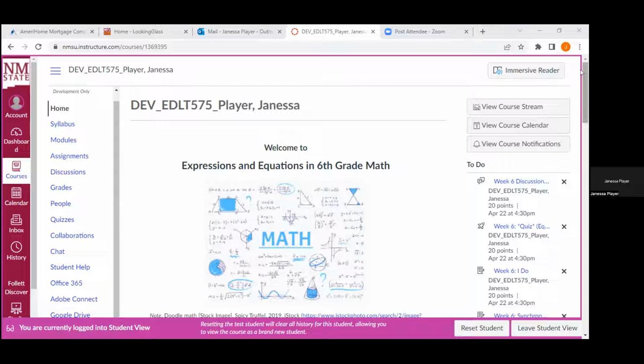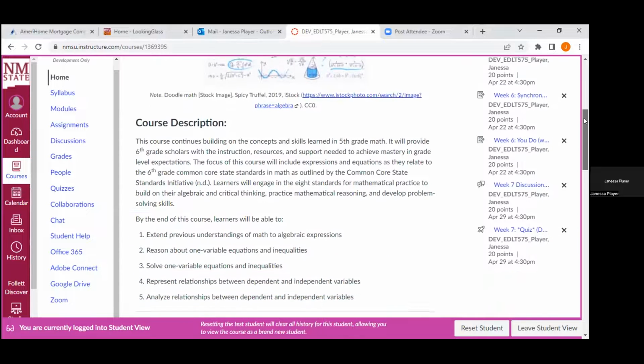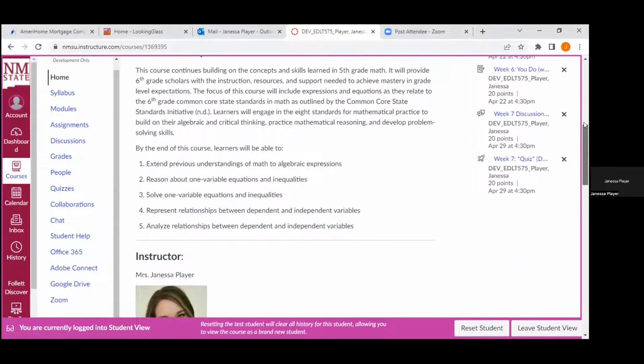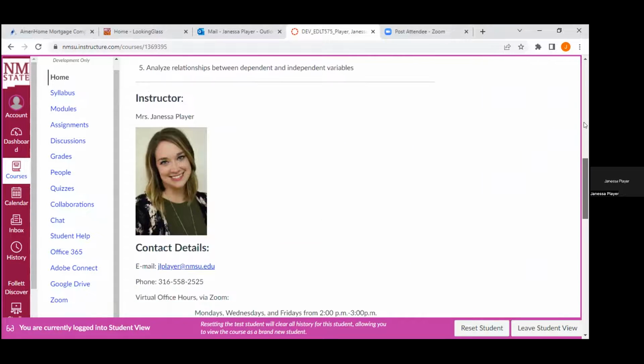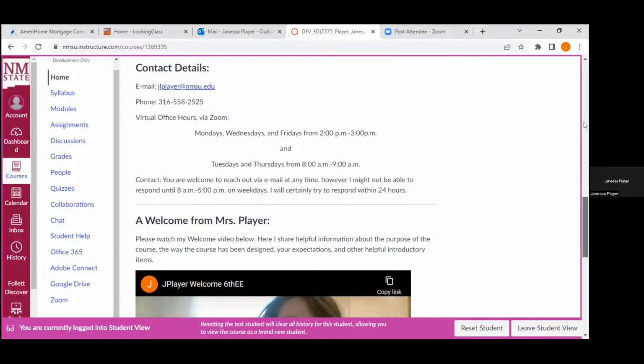So you'll see, and I'll just take you through the stuff briefly that I know we all designed pretty similarly, because those were our requirements. But my homepage gives that course description with our overall course objectives. That's me. And I made a conscious effort in all of my course design to keep the amount of information that I put on a single page to a minimum.